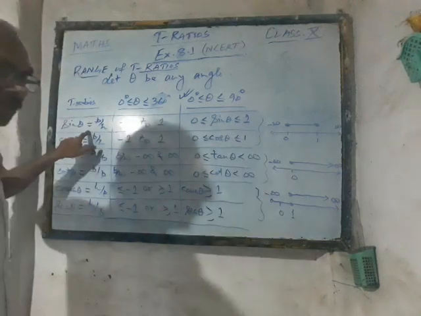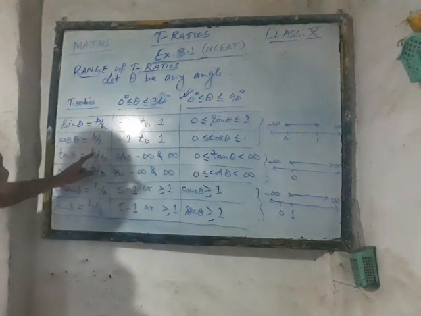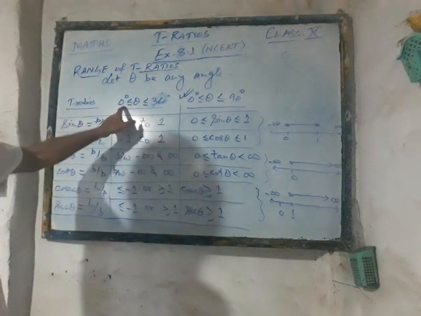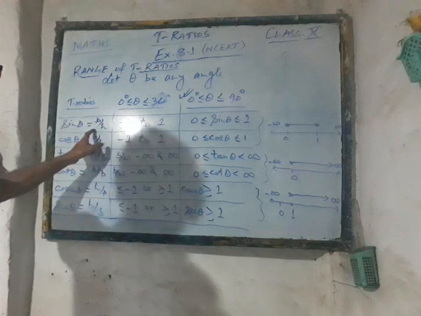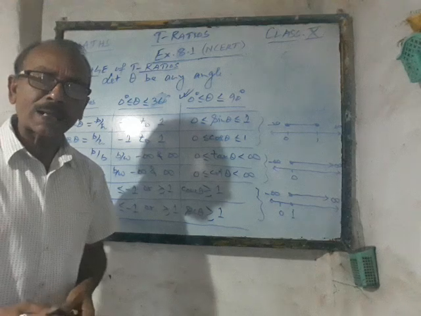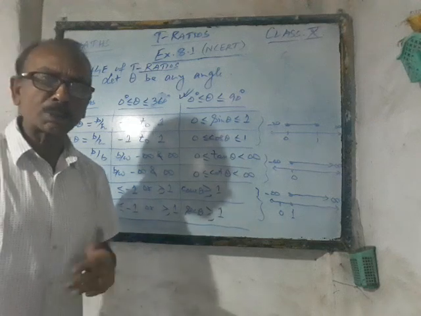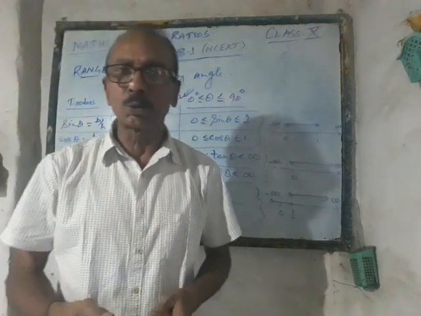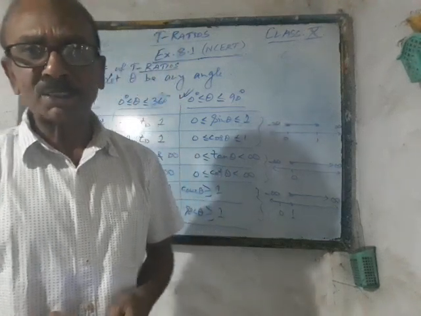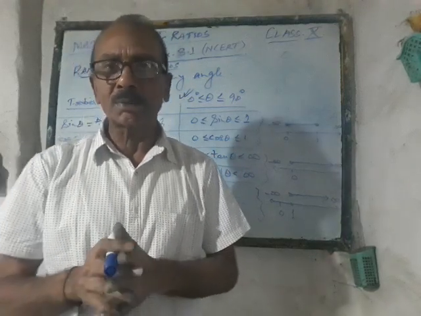Anyways, in the very first column, I have written the trigonometric ratios: sin theta, p by h, cos theta, b by h, tan theta, p by b, etc. Whatever you already know. Now, when theta lies between 0 degree and 360 degree, we have the value of sine and cosine from -1 to 1. Means what? The minimum value of sine theta would be -1 and the maximum value would be 1. That cannot exceed 1. So if someone says to you that sine theta is equal to 2 or 3 by 2 or 5 by 3, something like that, you have to immediately deny it, since sine theta cannot exceed 1. The minimum value of sine theta is -1 and the maximum value is 1.